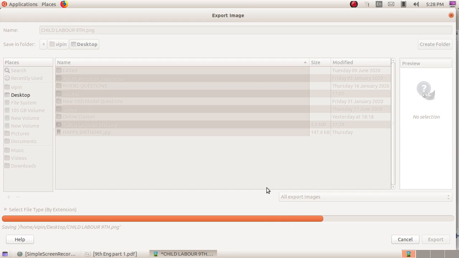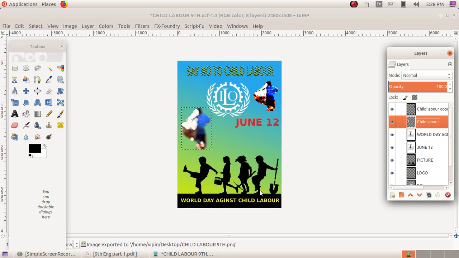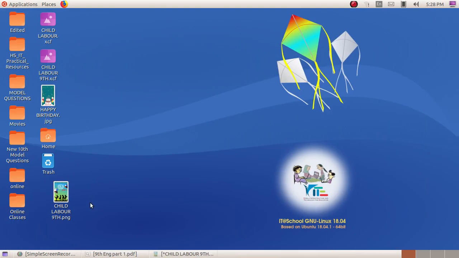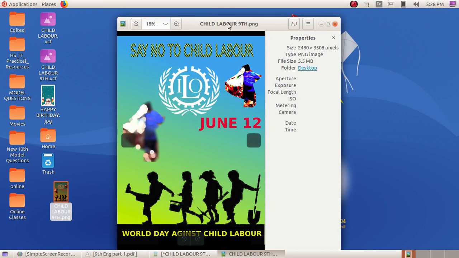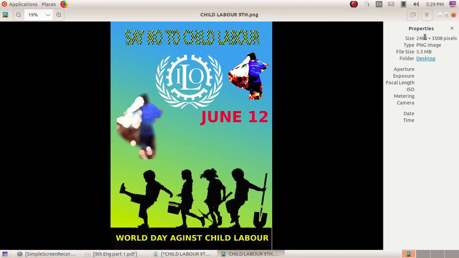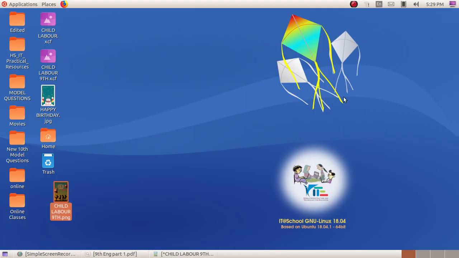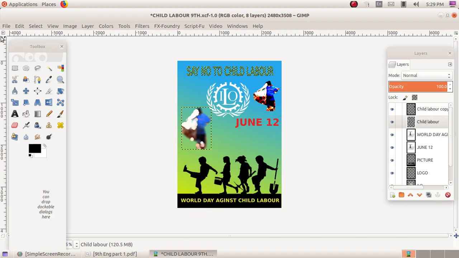After finishing exporting, you can minimize the window and see the PNG file on your desktop. Here you can see the properties, size, type .png, and file size. We created the PNG image.